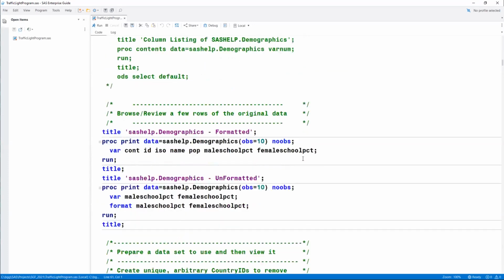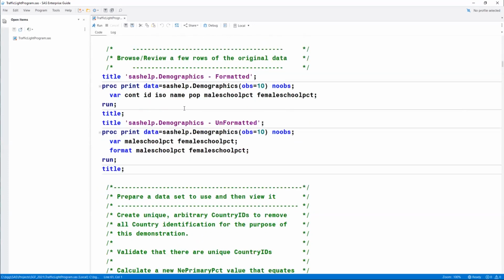All right, let's talk about this input data. We've got the SAS help demographics data, and I'm going to print about 10 rows from that data set. This is the original data that I will be manipulating a little bit. I have a second print here where I've added a format statement for these school percentage columns that we'll be using as the columns that have the data we want to colorize.